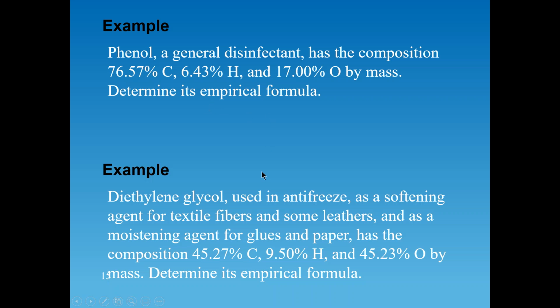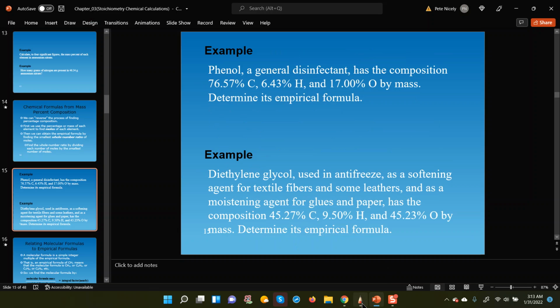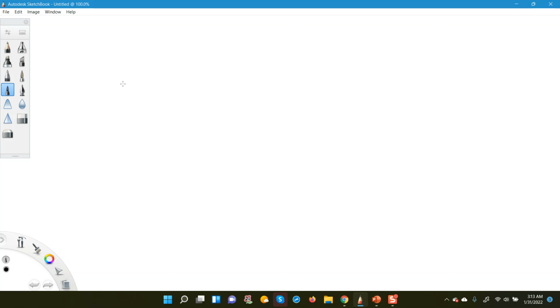Okay, so what I'm going to do is get out of this, go to my writing application here, and the first thing I'm going to do, I like to do this in a tabular form. I think if I do it in a tabular form, it makes it more presentable and organized. So I'm going to draw a table where at the top of the table, I'm going to put the symbol for the different elements that are present: carbon, hydrogen, and oxygen, all right? And then the first row,